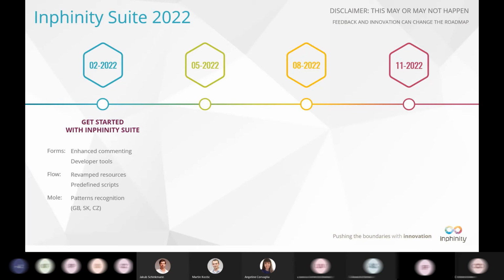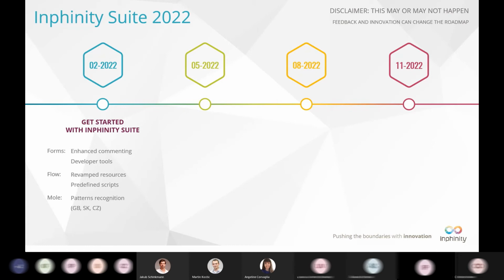That's something that's also in place for Infinity Forms and Infinity Mole, but especially for Infinity Flow, it is very important because it's such a new approach in the Qlik environment. So we understand it's very important for people to really get started to understand how to think about Infinity Flow before they can master it.